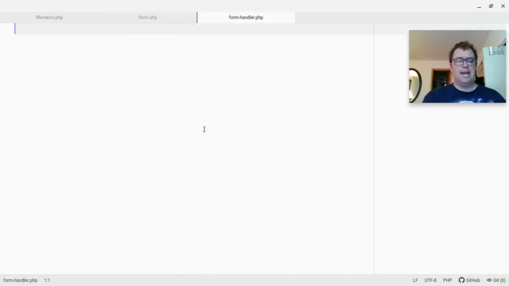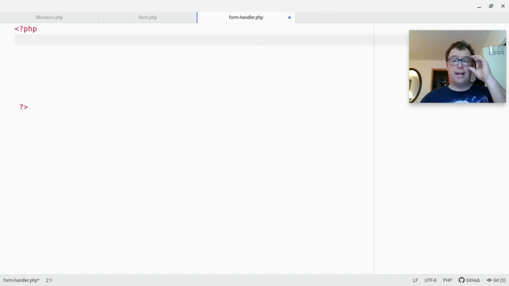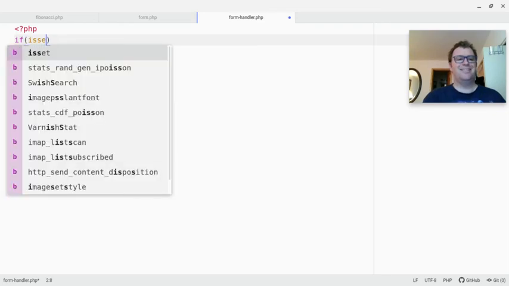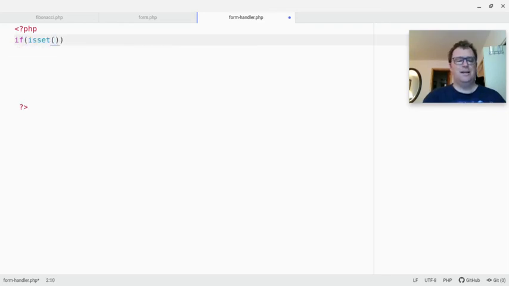Okay, and let's open up a PHP tag. And we got the opening and closing PHP tag. So first thing we want to do is check that the person has submitted the form. The way we do that is with this if statement. So we say if isset, we use a function isset, then the super global $_POST, and then square brackets submit. So if they click the submit button, basically,